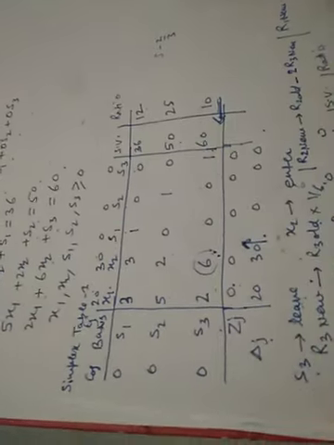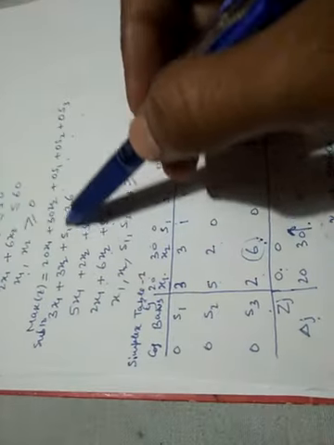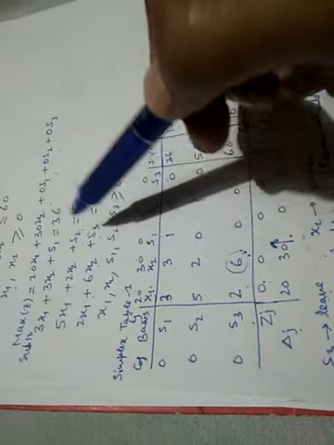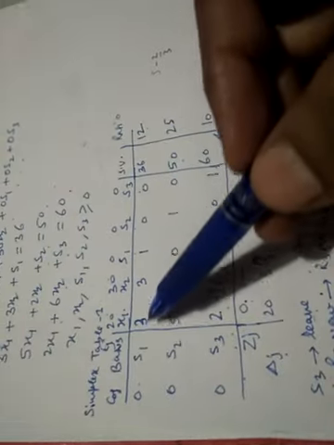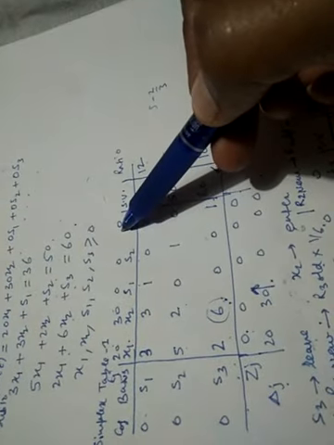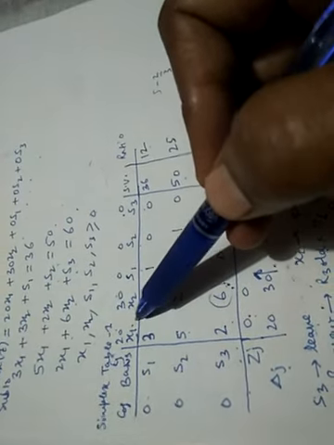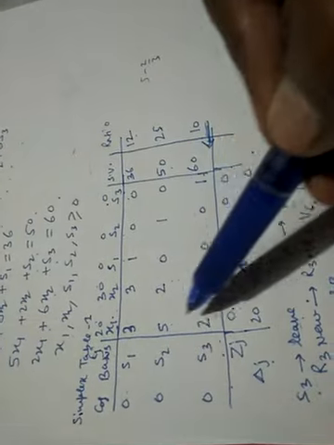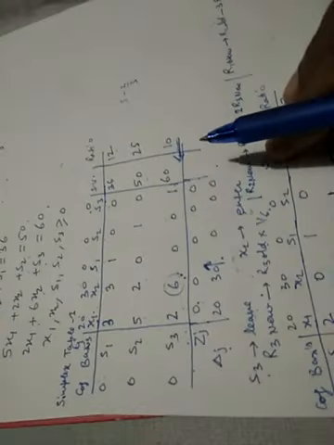Now this is the first solution. This is the first table that represents the initial solution. Here in basis we write slack variables from each constraint. If there is presence of a slack variable, we will write the slack variables first: s1, s2, s3, with 0, 0, 0. And these are the coefficients taken from the objective function. Now here we write all the variables which are there in the objective function: x1, x2, s1, s2, s3. Now these are the coefficients we have taken from these constraints. Now I think all of you must be knowing how to make this table.